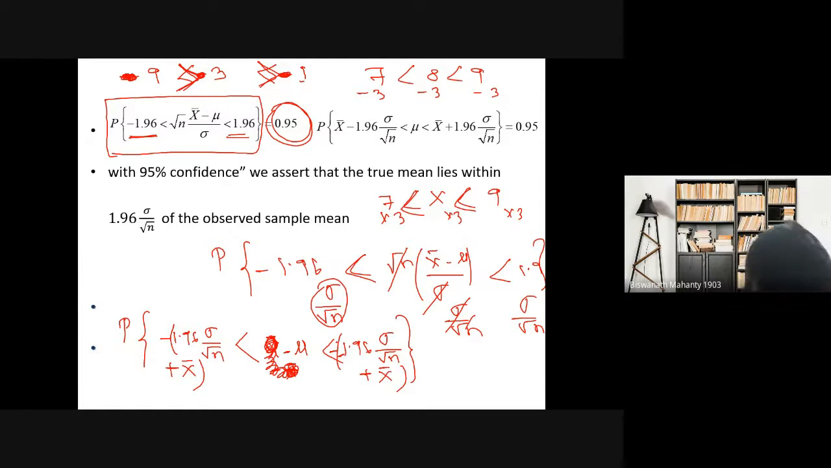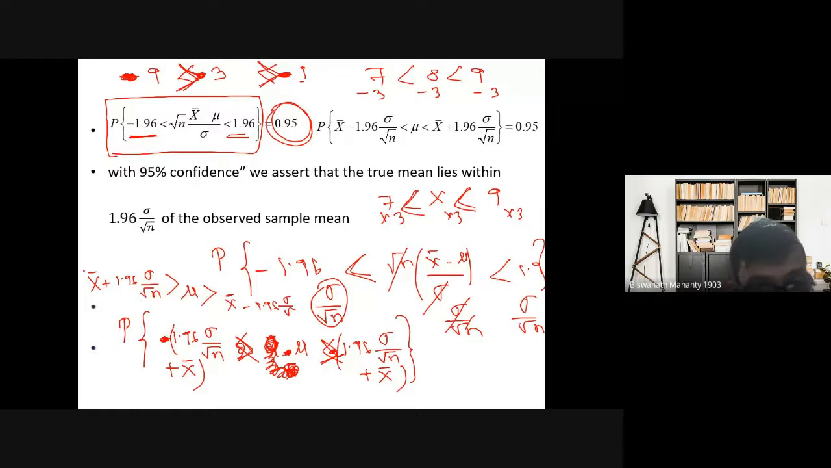Same thing I will do here. You see, I factored out minus because one minus is coming everywhere. Then the factored minus I will remove, and I'll change the symbol. So what can I say? I can say x bar plus 1.96 sigma by root 10 is greater than, earlier it was less than, mu, which is greater than x bar minus 1.96